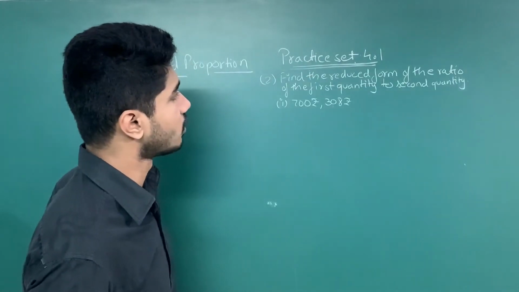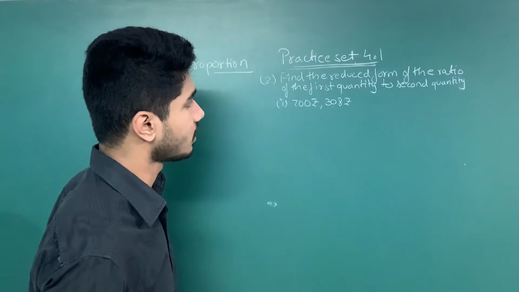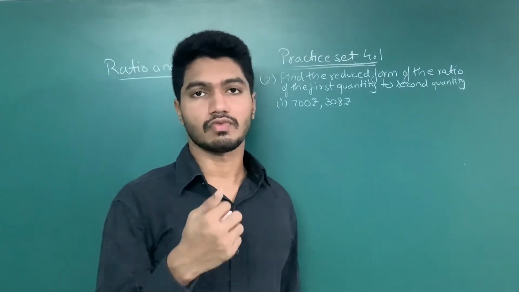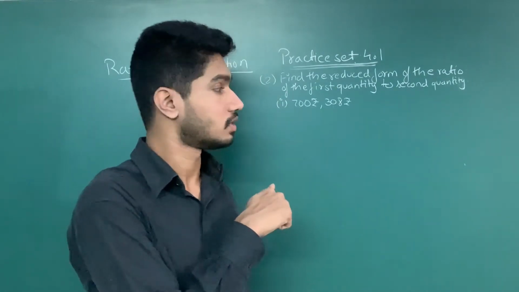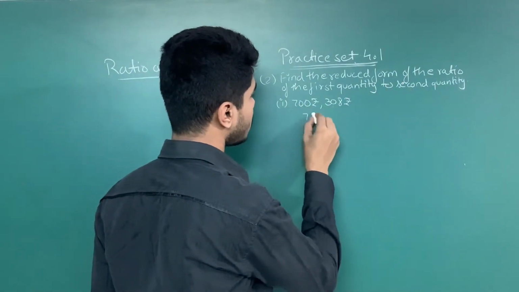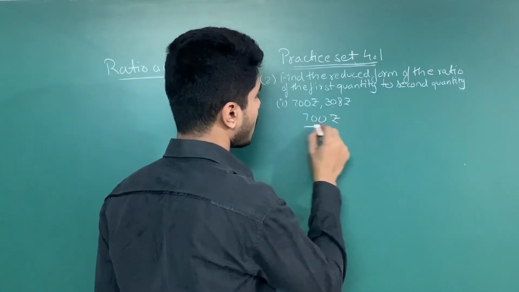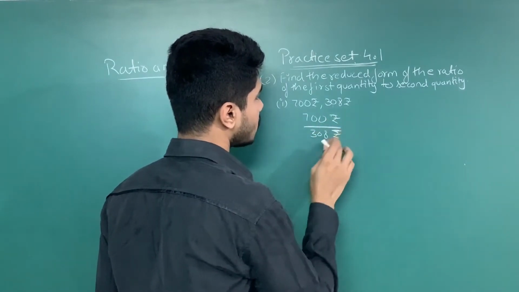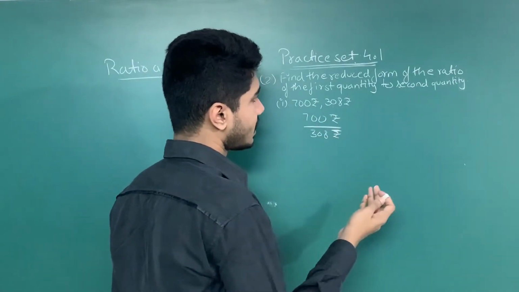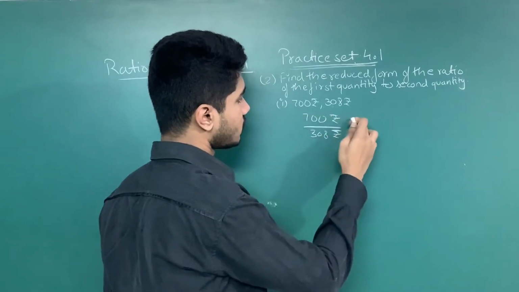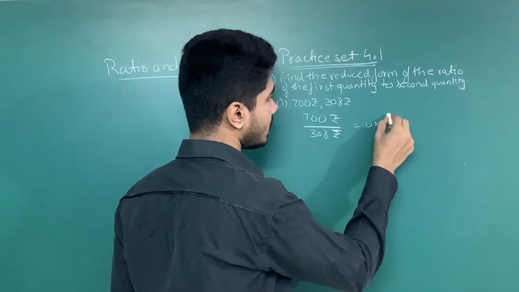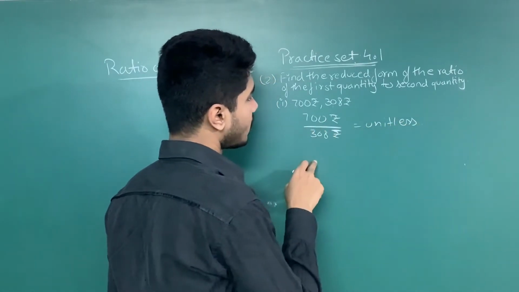Second question, find the reduced form of the ratio of the first quantity to the second quantity. Now over here the fifth property will come. जैसा मैंने इंट्रोडक्शन में बताया था, जो आपको फिफ्थ प्रॉपर्टी है वो सम सॉल्व करने के टाइम समझिएगा. Now over here the quantity means the unit of the number. So 700 rupees and 308 rupees. So इन दोनों का जो unit है same है, that is rupees. That is why it is said when in a ratio the first number and the second number have the same unit, it becomes unitless.